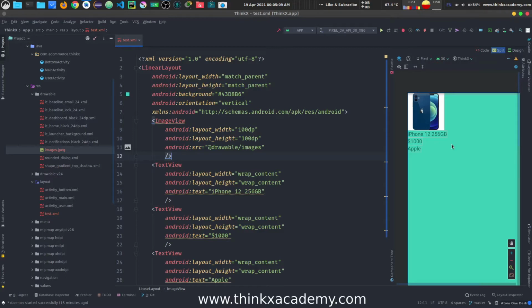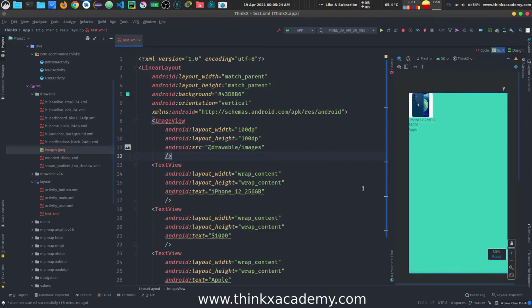You have already seen this type of layout in a lot of e-commerce applications. They show the image and they show the name, the price and the seller on the side, right? And a bunch of other things as well. For that, we cannot use a linear layout because linear layout is restrictive in nature. It can have only two orientations, which are vertical and horizontal. So now we're going to study a very important layout which you are going to use most of the time in Android development, which is the relative layout.